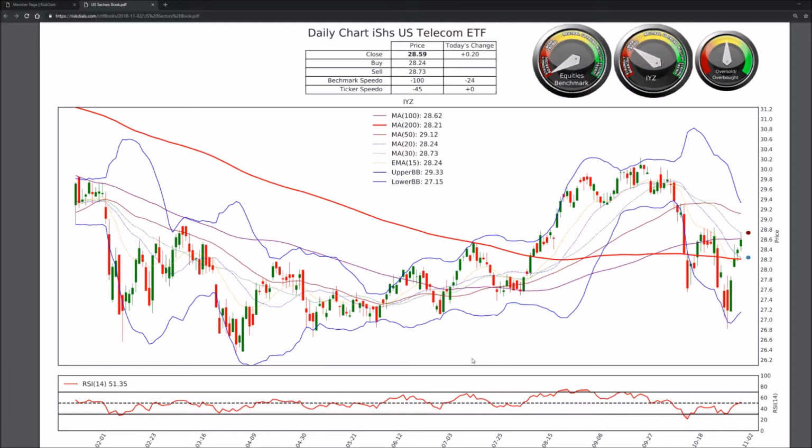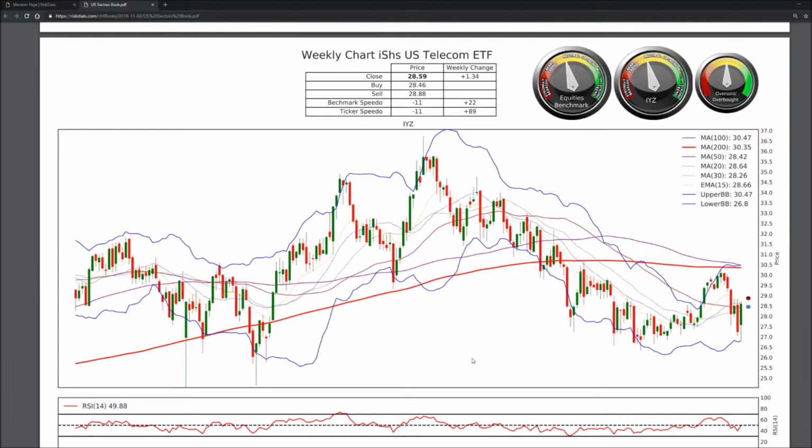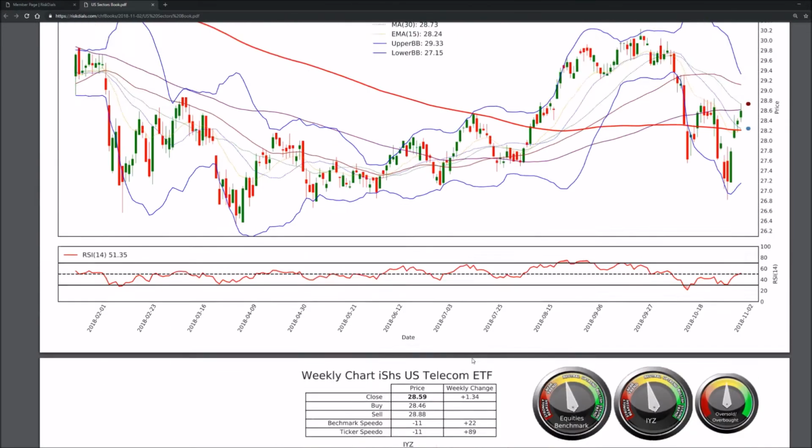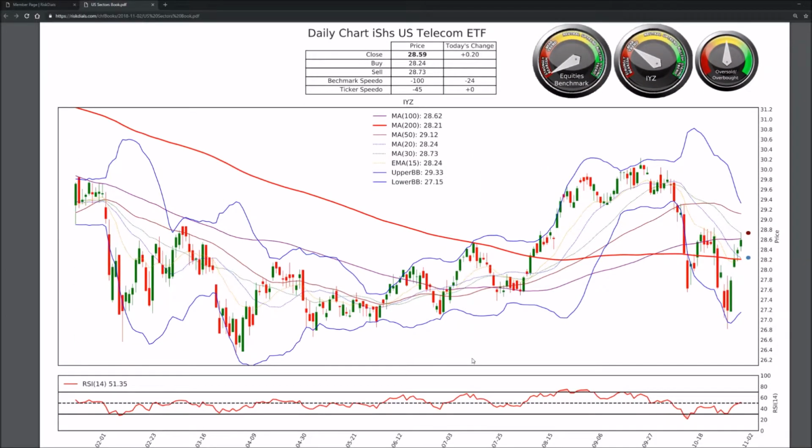If you are a very long-term investor, you might want to use the weekly chart, where each bar is a week. If you have a slightly shorter time horizon, you might want to use the daily chart, where each bar is a day. If you look at both, and I'm always looking for charts that confirm each other,